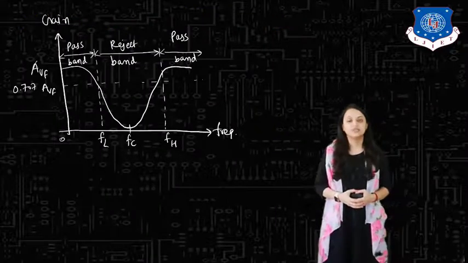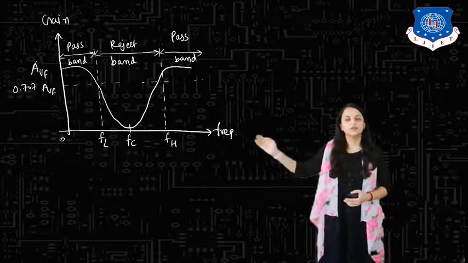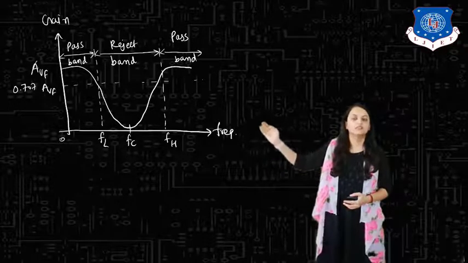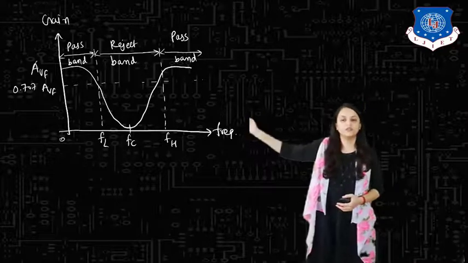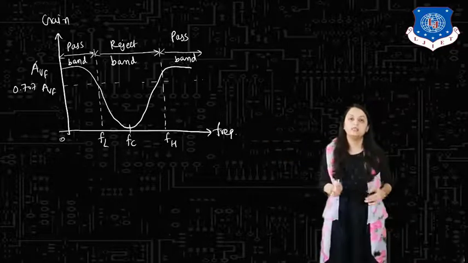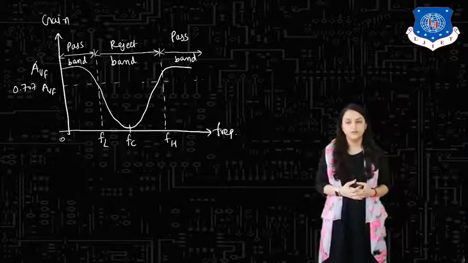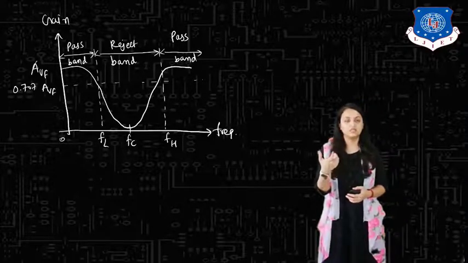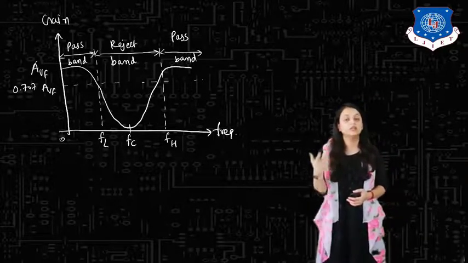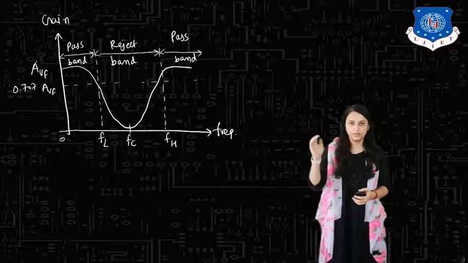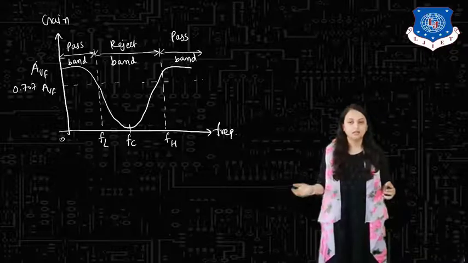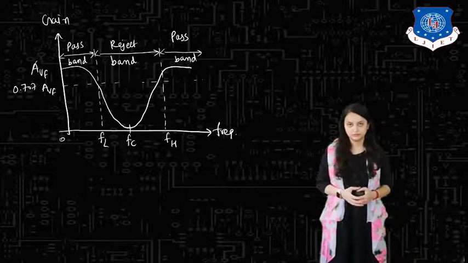Now let us see the frequency response of this. If you look at the frequency response, it is a graph of gain versus frequency. Here the wide range of frequency is shown, that's why it is a wide band reject filter. The range of frequencies which we have provided will be in the reject band, exactly opposite to that of a band pass filter, and outside that there will be a pass band. Okay.